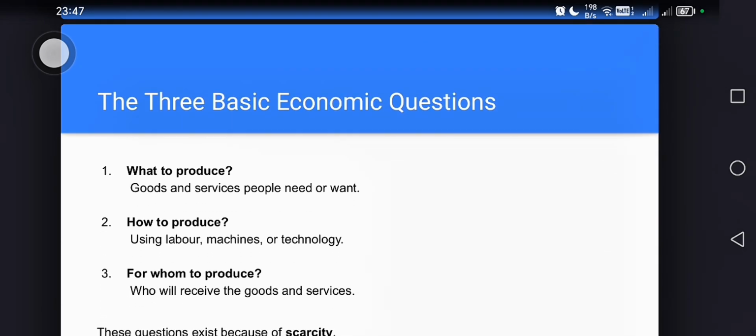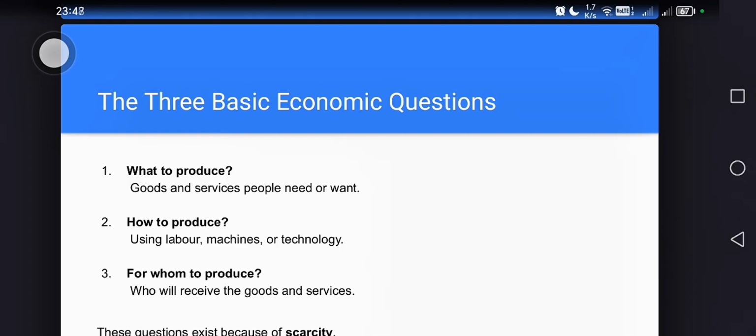Okay, so let's dive a little bit broader into these three questions, starting with what to produce. That is, when a country decides what to produce, they need to consider the goods and services that people need or want. For example, healthcare, education, recreational